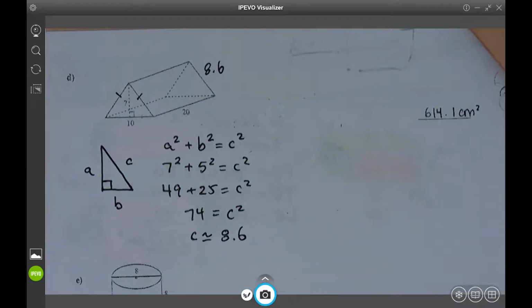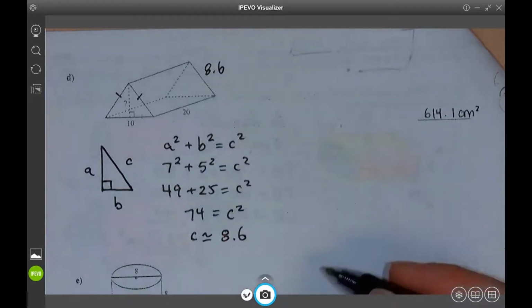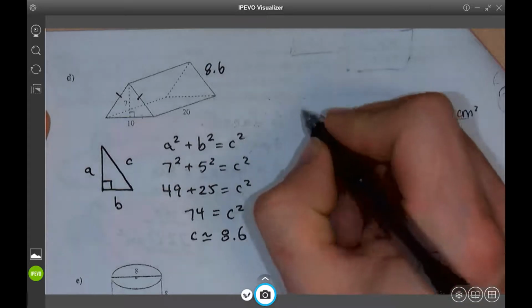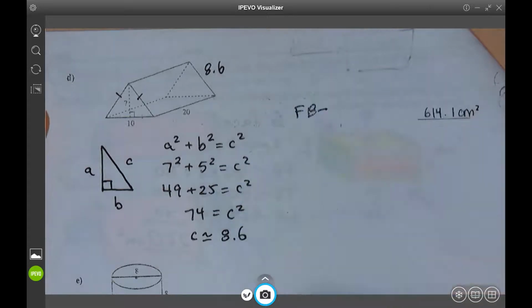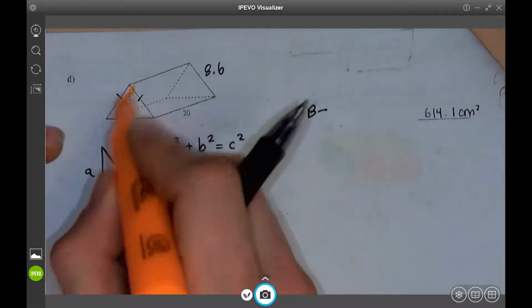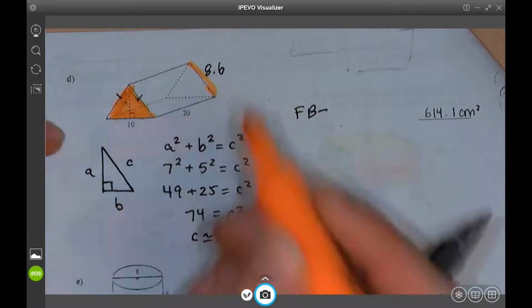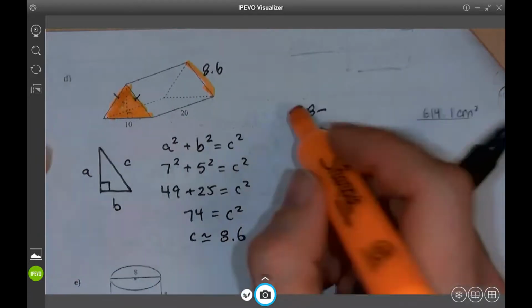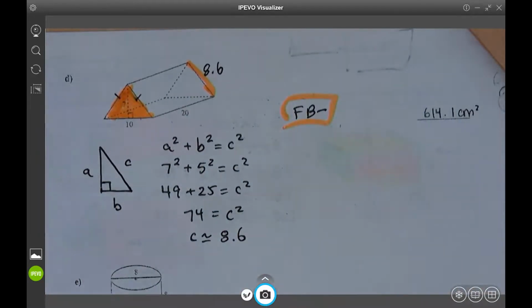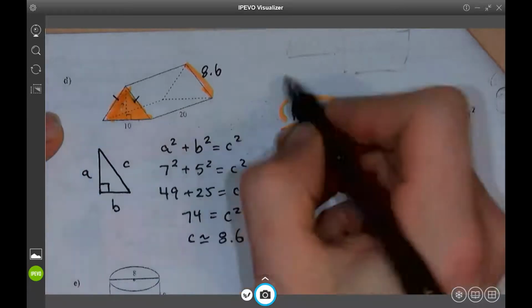All right, now that we have that length, we just go ahead and label all the sides. So I'm going to do front, back. And if you like, we'll color that front, back, triangles. Okay, so I'm going to label as front, back, triangles. Let's make them orange. So it's going to be, in this case, how do you find the area of a